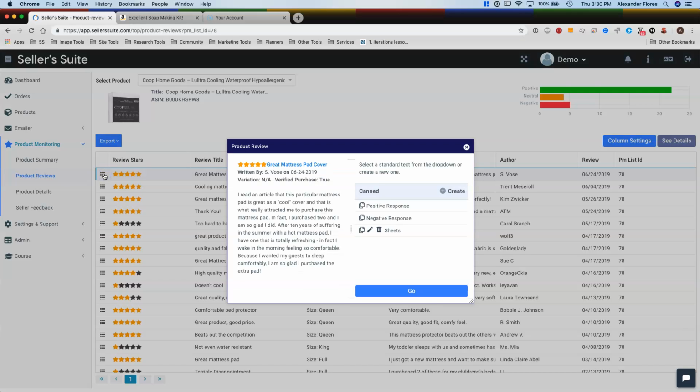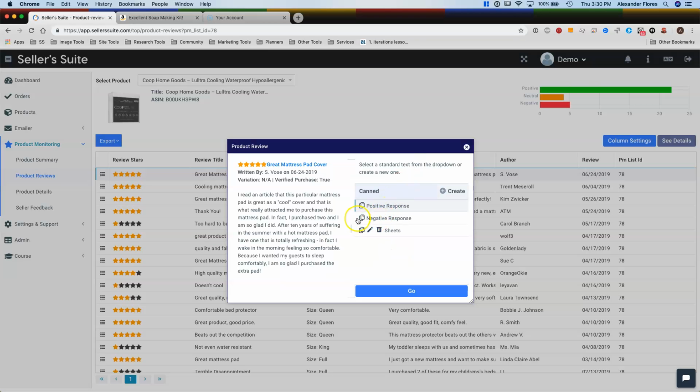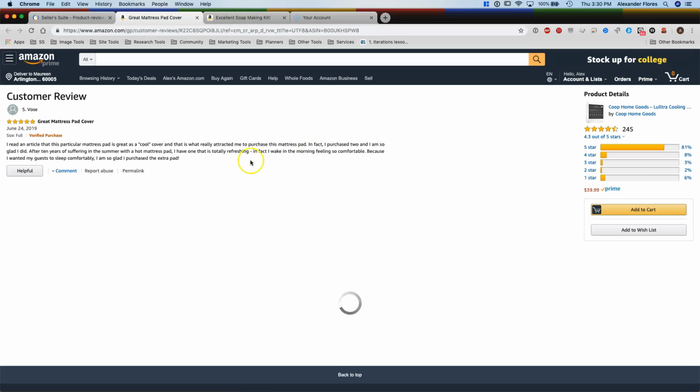You'll click here. Once here, you can select from one of the canned responses or create your own canned response by clicking Create. A canned response makes it easy and fast for you to respond to your customers. Once you have copied your response, click Go and it will take you to your customer's review so you can